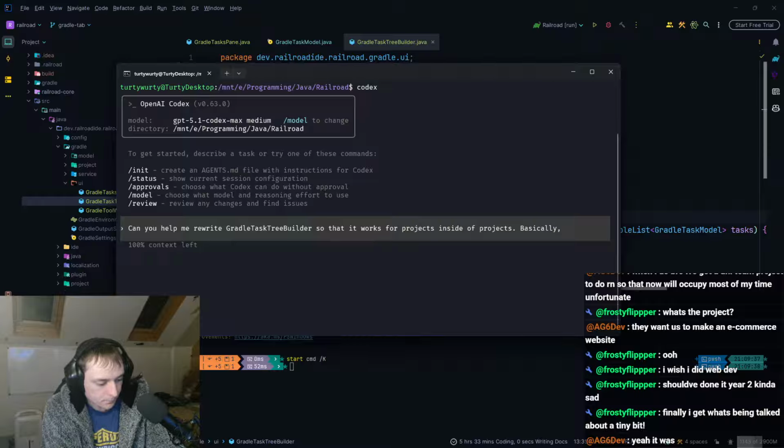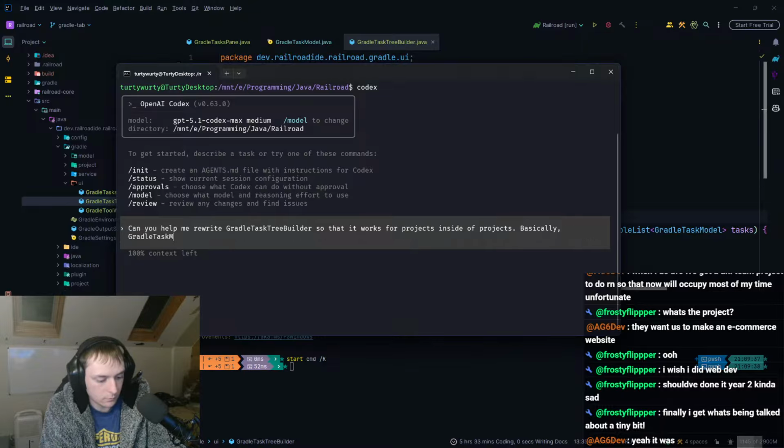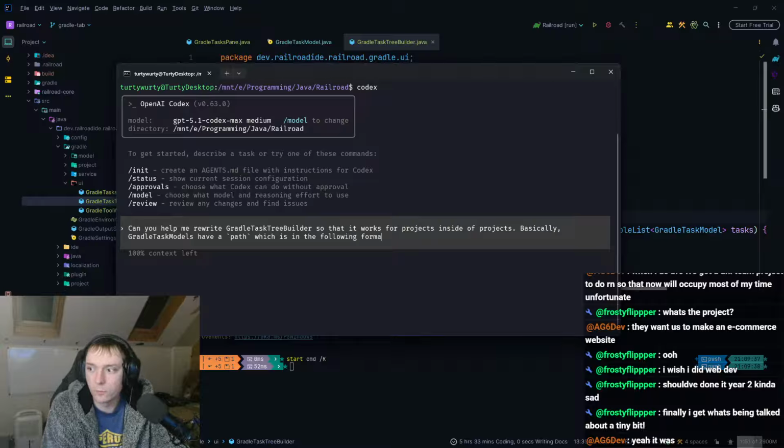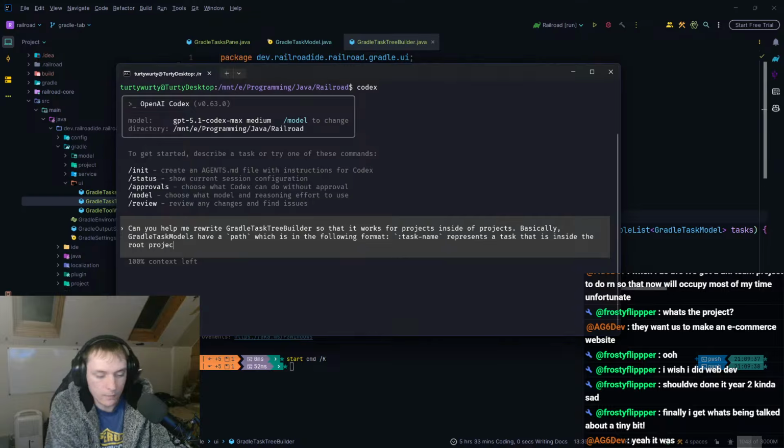Basically, Gradle task models have a path which is in the following format: task name represents a task that is inside the root project,